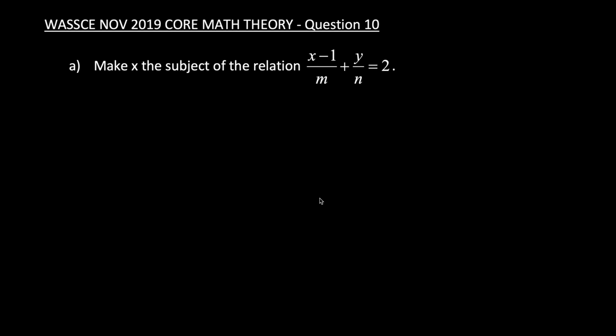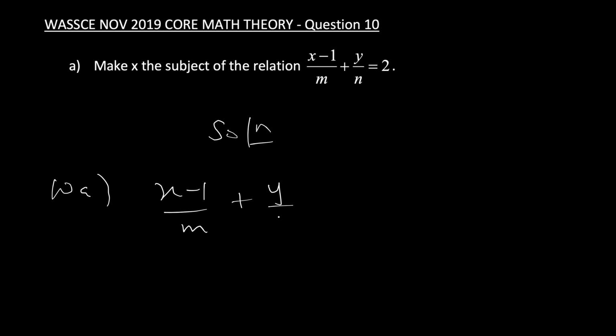So in this video, we'll be solving question 10 of the 2019 Core Maths Nov-Dec theory questions. Moving on to question 10a, it says: make x the subject in the relation (x minus 1) over m plus y over n is equal to 2. Moving on to the solution for question 10a, we have (x minus 1) over m plus y over n